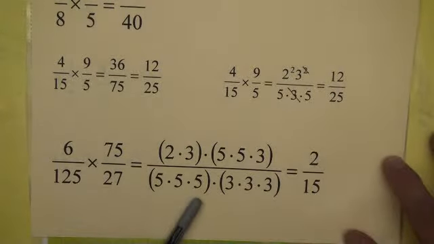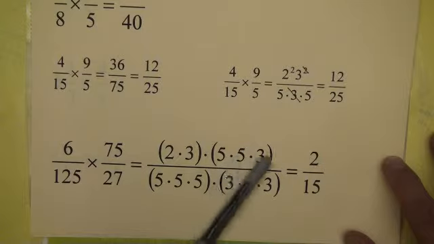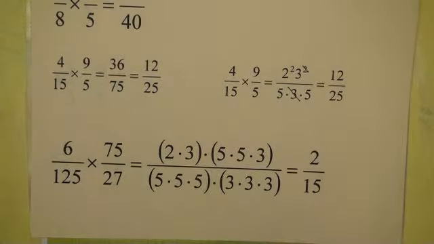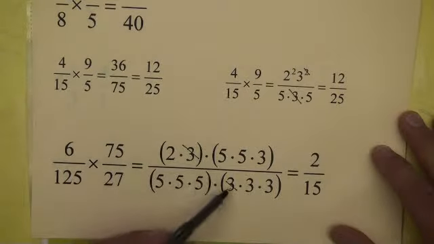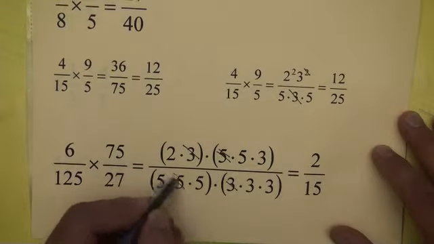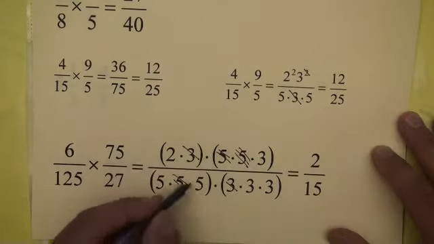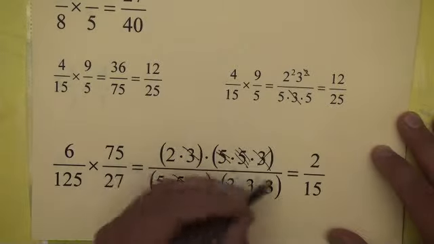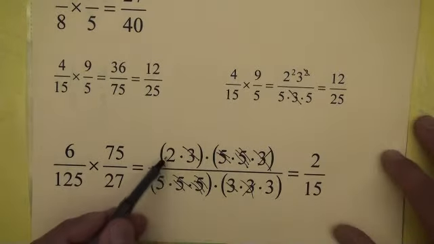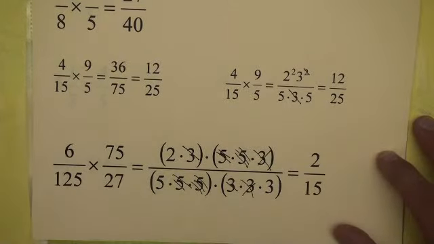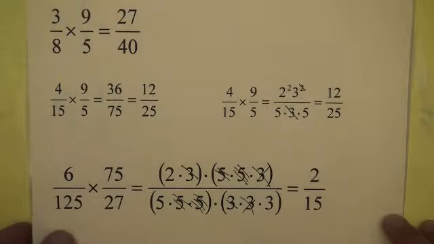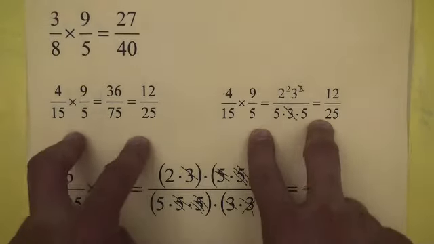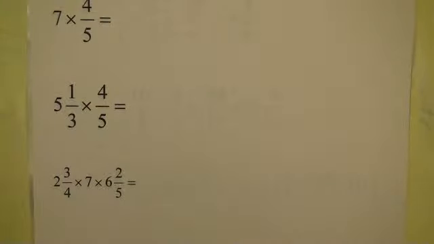So what we'll do is we'll go ahead and expand. 125 is 5 times 5 times 5, right? We do prime factorization. 27 is your 3's, 6 is 2 times 3. 75 is 25 times 3. So there's your 2 5s times the 3. Then we'll go through and reduce first. This 3 might cancel with this one to get a 1, right? 3 divided by 3 is 1. 5 divided by 5 is 1. 5 divided by 5 is 1. And 3 divided by 3 is 1. So we're left with a 2 in the numerator, and then 5 times 3, bam, 15. So there's definitely a good benefit to knowing different ways of doing the same problem. Okay, then you can choose later on,